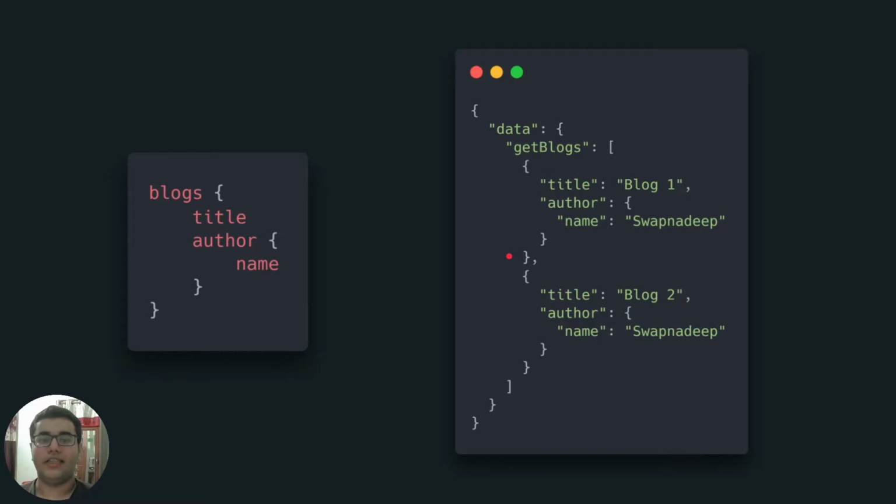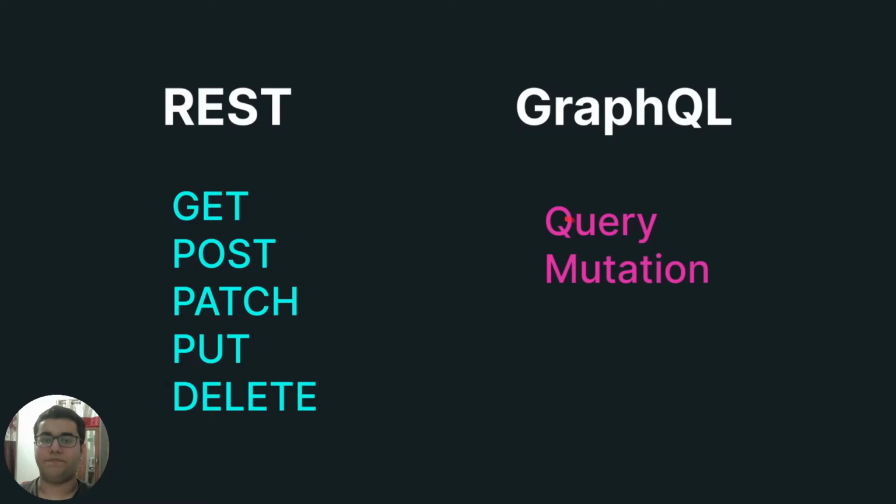But in case of GraphQL, if you need only the title and the name of the author, you ask GraphQL to give you this, and the API basically will give you only the title and the name of the author. And also in REST API, you have different things like you have get method, you have post, you have put, you have patch, you have delete, and so on.